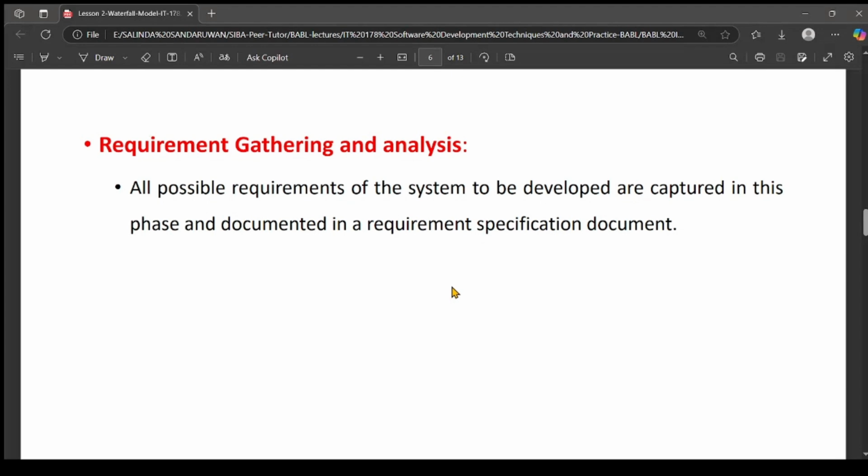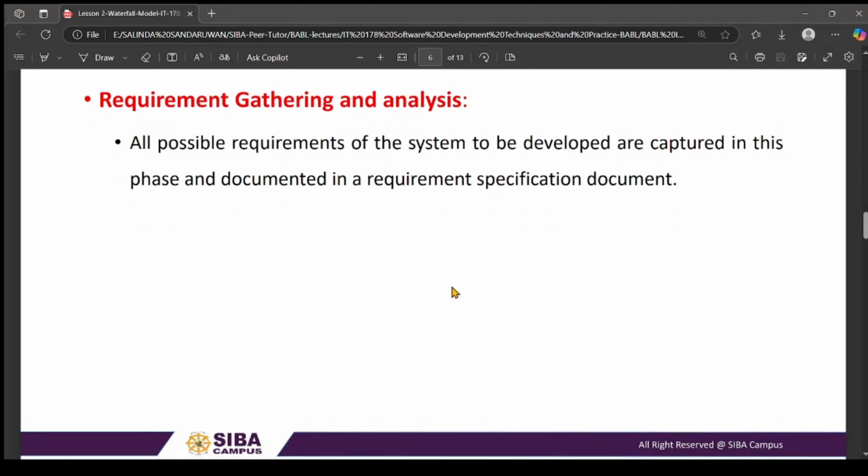So here there's a special term for this. We call it the SRS, right? Software Requirement Specification, the SRS document, or system requirements specification document, right? So you will first document it. Then what? Then you are going to